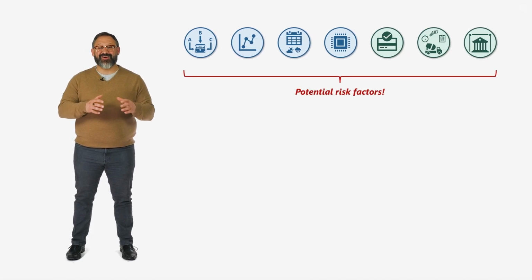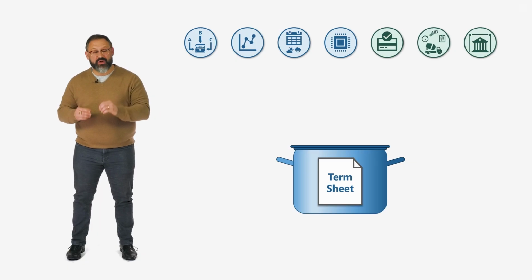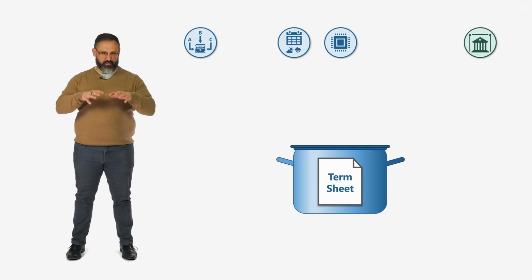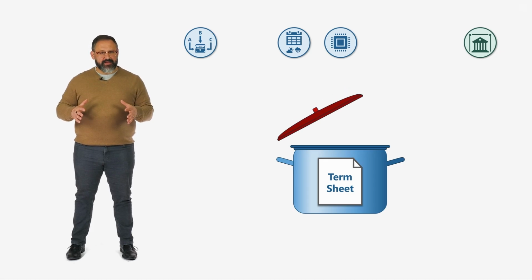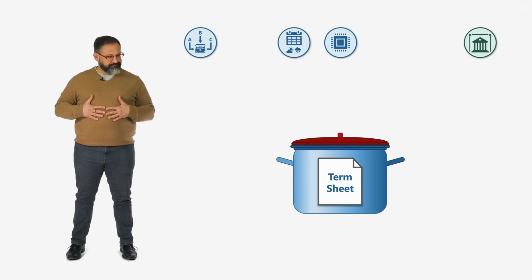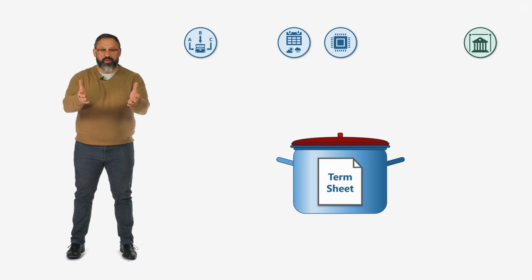The lender may consider any combination of them as ingredients in their term sheet recipe, limiting debt size in the way that best suits their appetite. I mean, their risk appetite. You mentioned that these restrictions limit debt size in one way or another. How do we go about calculating the debt quantum then?